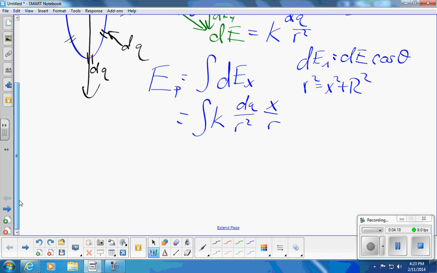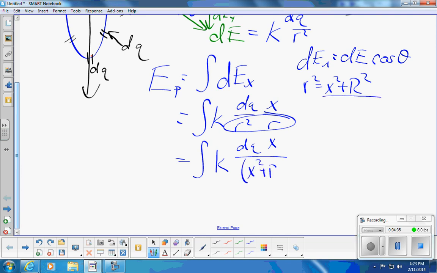And we're almost done, actually, with the ring. k dq times x over little r, down here is little r cubed, and r squared is that, so I'm going to end up with x squared plus R squared quantity to the 3/2 power. And I hope that's right. And so